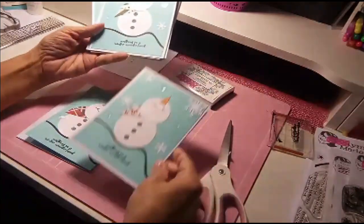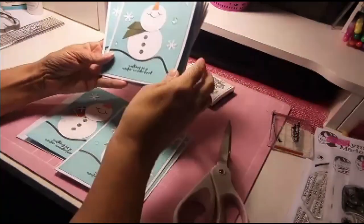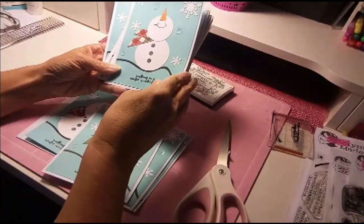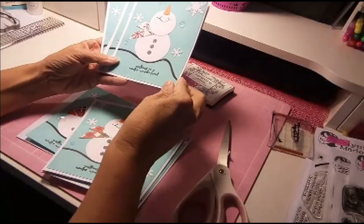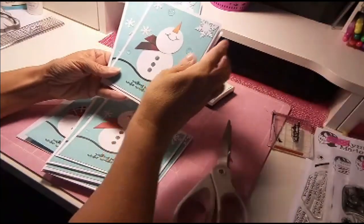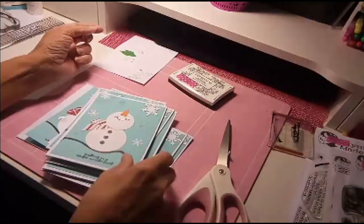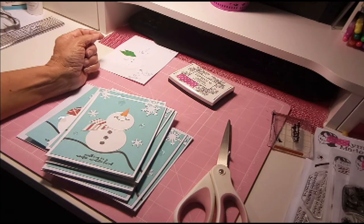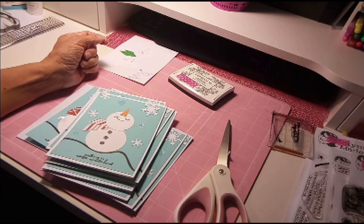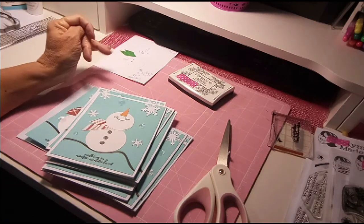So here are the other cards. One of my favorites in this series for sure. But there are more to come. Okay, so this is the last of this part. There is going to be a part 3, so make sure you tune in for that, not to miss the